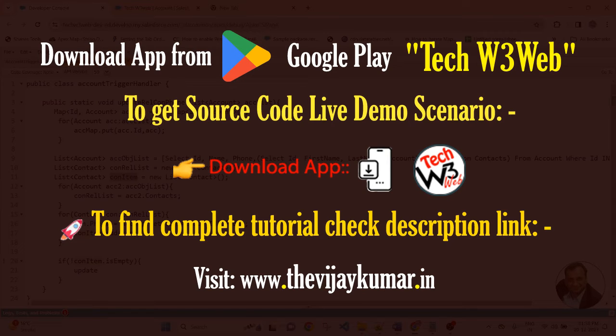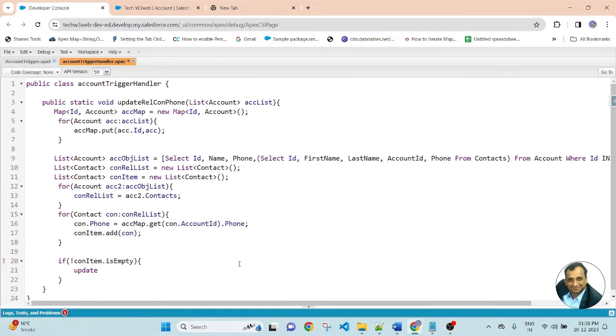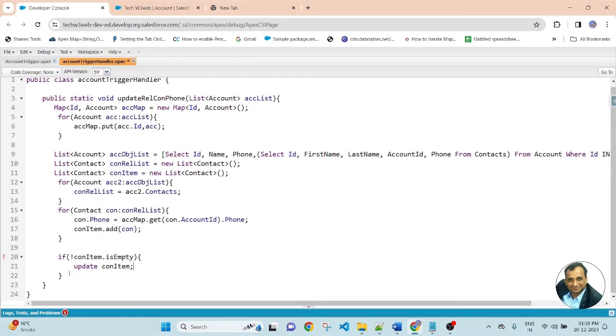Update this contact item. Then save the file. Here I am getting line number 20. Is empty is a function. Then save. File has been saved successfully.